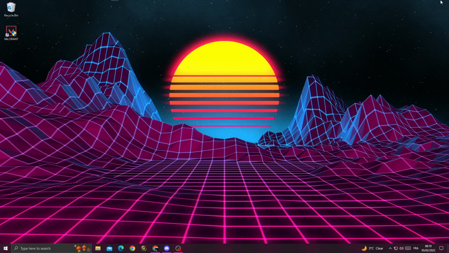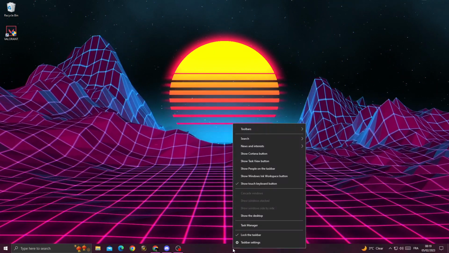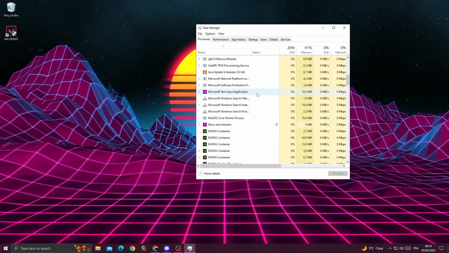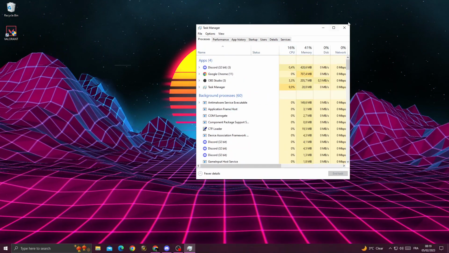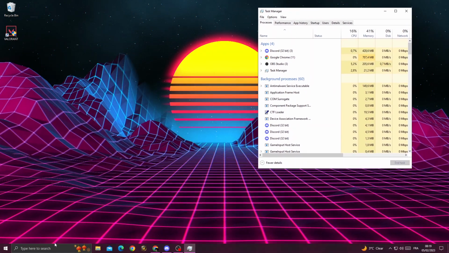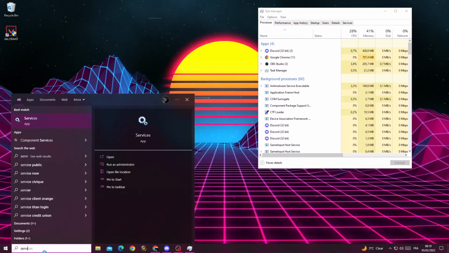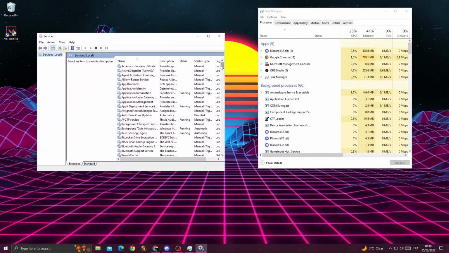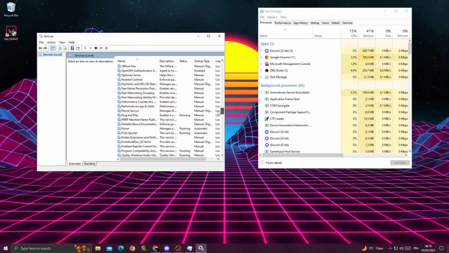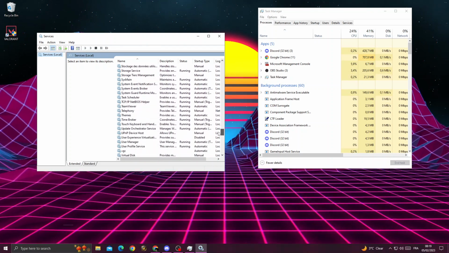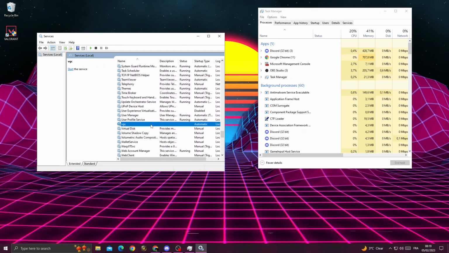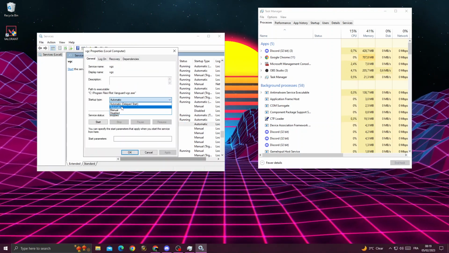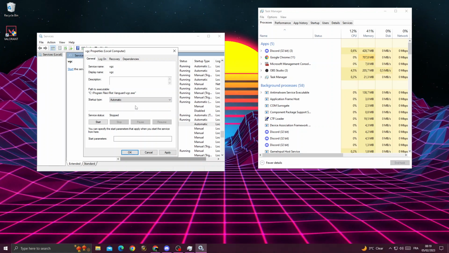After that, right click here, open Task Manager, and now after that just stay here and open Services, and now scroll down until you find VGC, and here it is. Now right click on it, click Properties, click here and make it Automatic, and then click